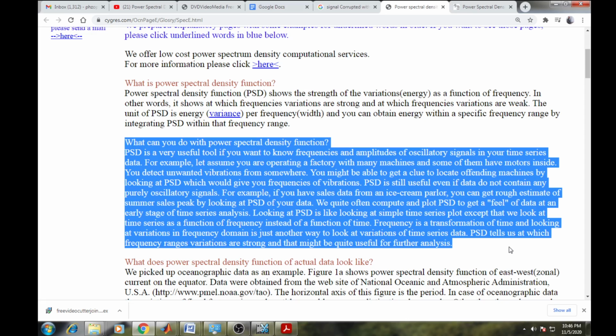Generally, induction motors, DC motors or AC motors, mostly three-phase or single-phase induction motors, play an important role in factories. If there is damage to any rotor or any winding, then this PSD function is mostly utilized, because you cannot see inside